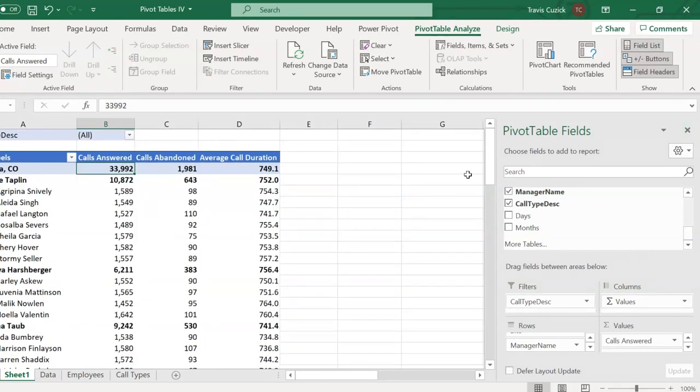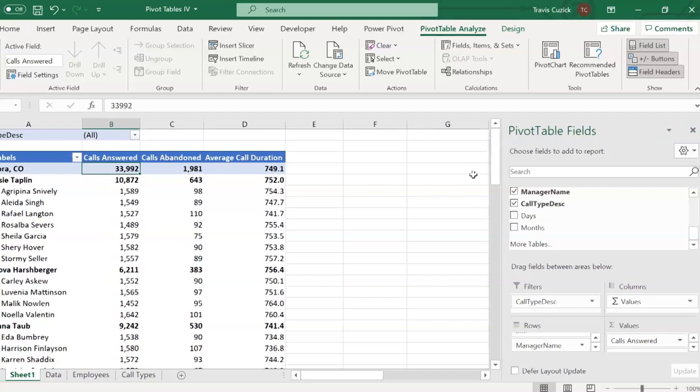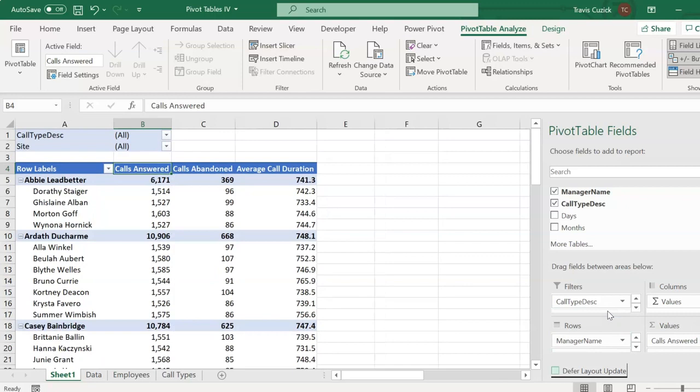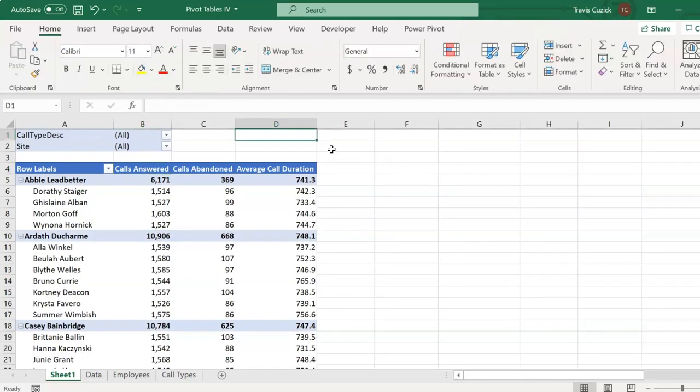And now to further demonstrate the trade-off between filters versus row and column groups, I'll move our site field here, which is currently the highest level in our rows hierarchy, to the filters area. So first I'll find it in my field list and then just drag it up under call type description in my filters. So the obvious advantage is that my primary pivot table layout is already a good bit cleaner and